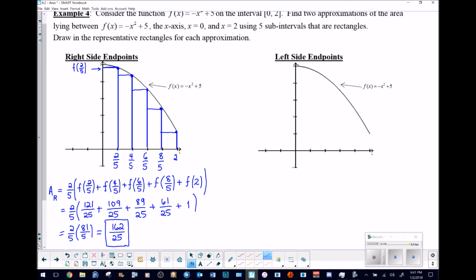But what you will have to do is partition this x-axis out much the same way, where we have 2/5, 4/5, 6/5, 8/5, and 2. Let's make that 6/5. Then again, I'm going to pause the video so that I can draw those vertical strips. And now it's very likely that